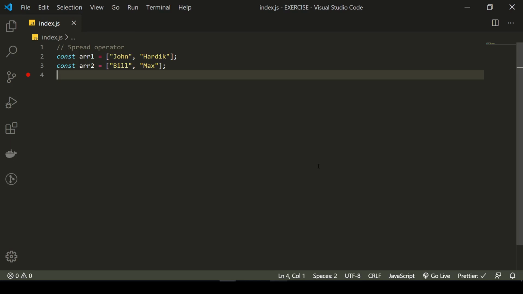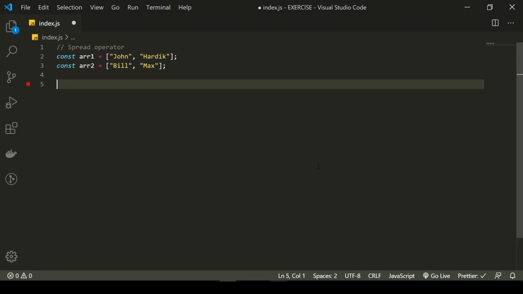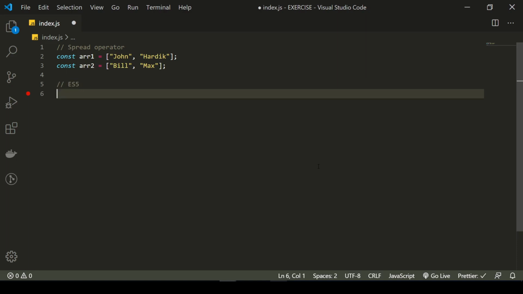In the previous video, we have seen how to use map function. In this video, we will see how to use spread operator. So first we will see what we were doing in ES5. So let's say I want to combine the result of array 1 and array 2 and want to store in